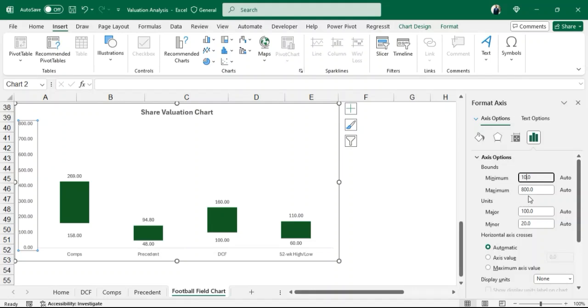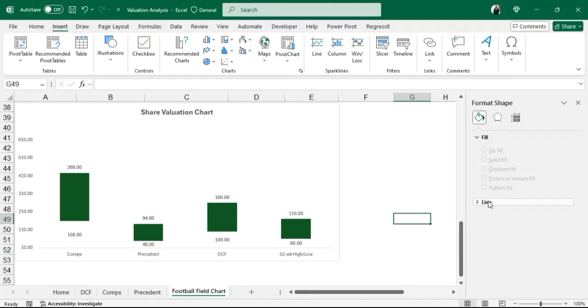All right, and then the maximum, let's make it 700 and see what we will get. Okay, so this has expanded our columns a little, and